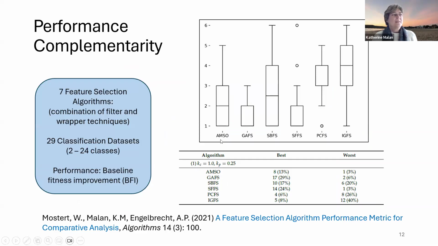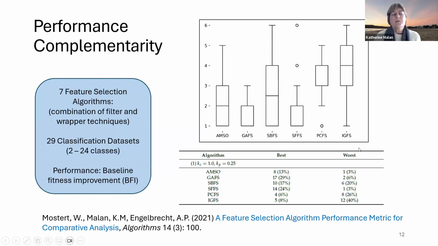Looking at different feature selection algorithms. So we've got AMSO. I can't remember what this was. This was some sort of swarm-based algorithm. That was a GA feature selection. SB, I think, was sequential backward feature selection, and sequential forward feature selection. These two were filter-based methods. So it was a principal component, information gain, feature selection. So these